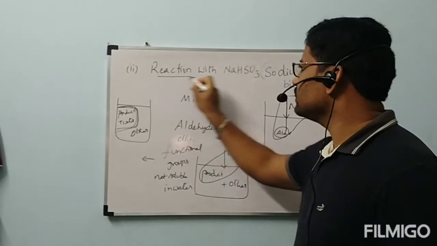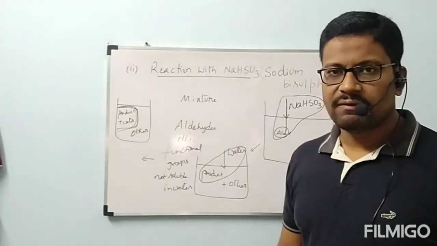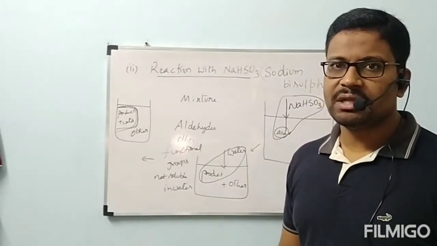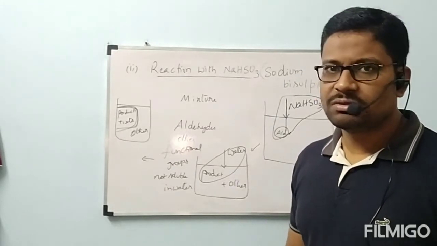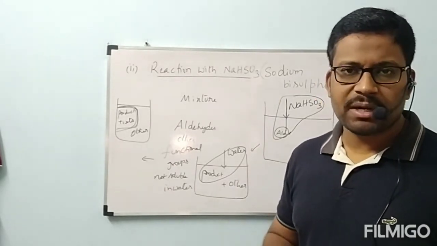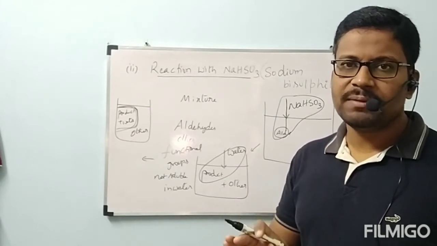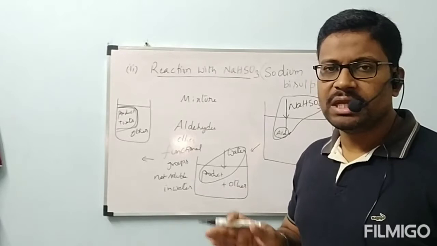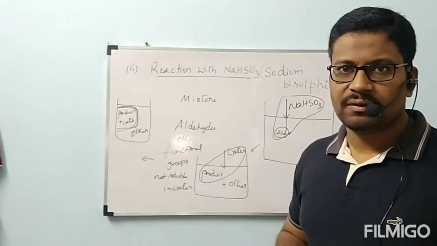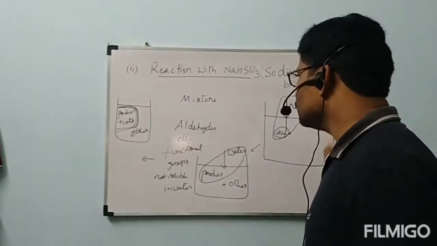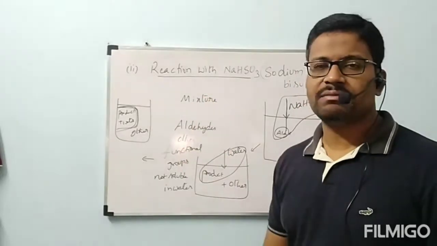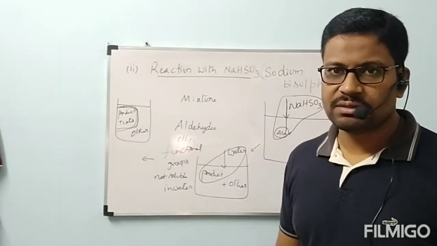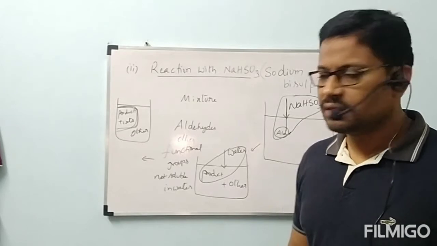What about the reaction with NaHSO3 that we have seen? When NaHSO3 reacts with aldehydes or ketones, what is the substance formed? When we take aldehydes, the equilibrium will be shifted towards the right side, that means the product side. When we take ketones, the equilibrium will be on the left side. Next, this technique is used to separate aldehydes or ketones from other substances, other functional groups which are not soluble in water.